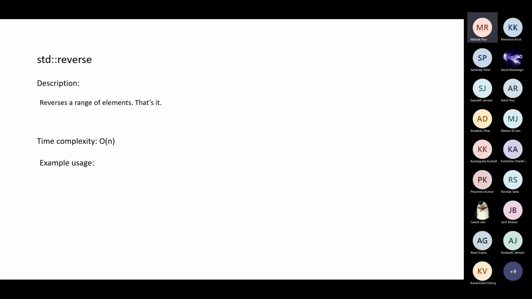Okay, so the next function we are going to be looking at is another simple function which works on arrays and vectors, and it just reverses a range of elements. Like, if you have say a equals 2, 1, 4, 6, 7, and now you pass reverse